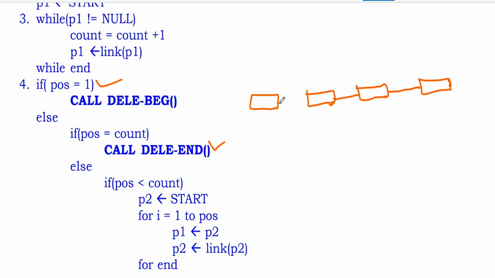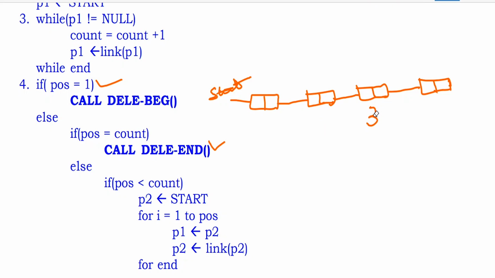We have data and then link field, data, link field, and as usual we are identified by start. So now what happens? Position is less than count. A given position is 2 or 3. I have to delete the node 3, at that position.